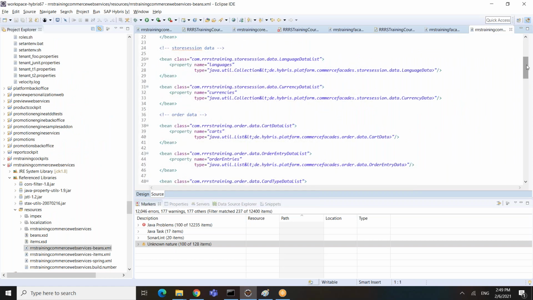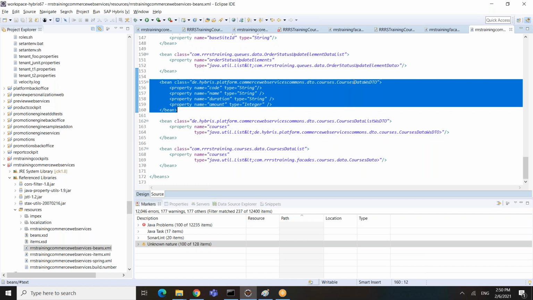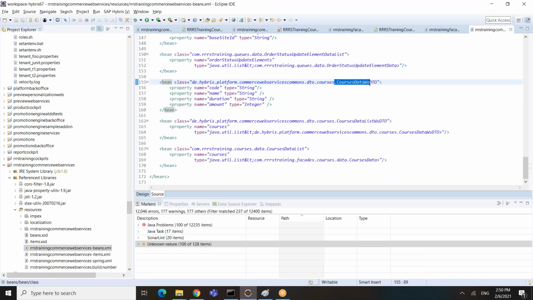So if you look here, this is my WSDTO structure. Courses data WSDTO has these 4 attributes.